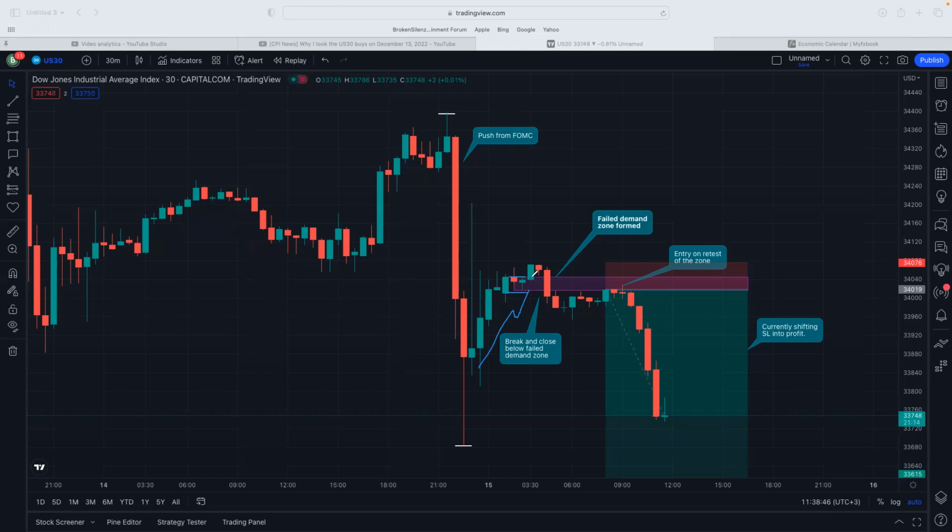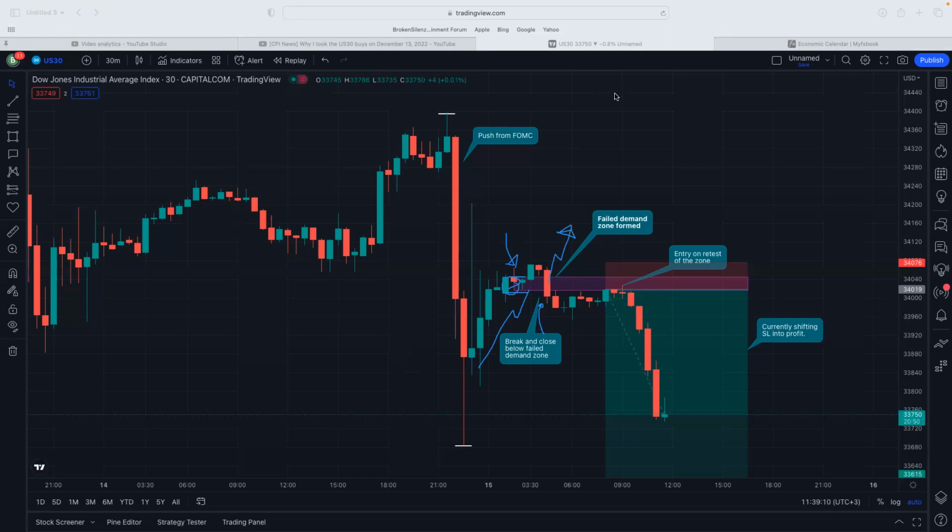Now, as price formed this area here, what we were left behind with is, as price was coming back here, our expectation is that if this is the demand zone, we get a push to the upside. Instead, what happened is price broke and closed below that area, meaning that the area that was supposed to serve as an obstacle has been broken.